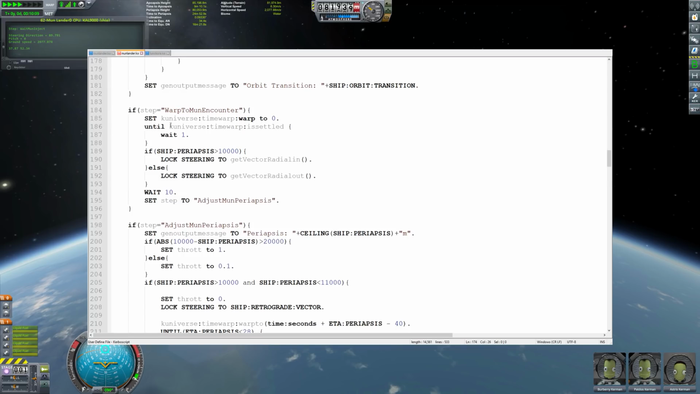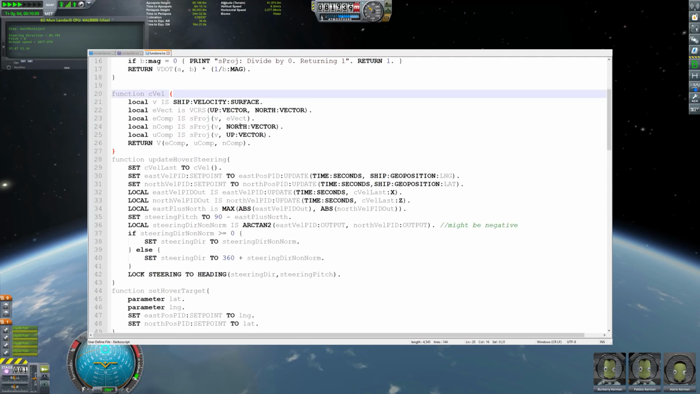We then again switch our time warp down to 0, and then we're going to do a small adjustment here to bring our ship periapsis down to 10,000 meters. Now what we're going to do is check whether we need to do a radial in burn here, which is the case if it's greater than 10,000, or a radial out burn. So if it's greater than 10,000 radial in, less than 10,000 radial out. So this is actually a steering lock, so this invalidates our heading lock that we had earlier,